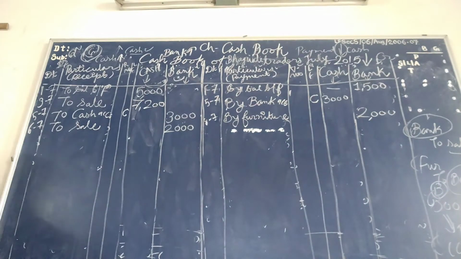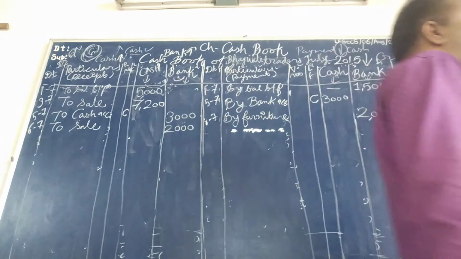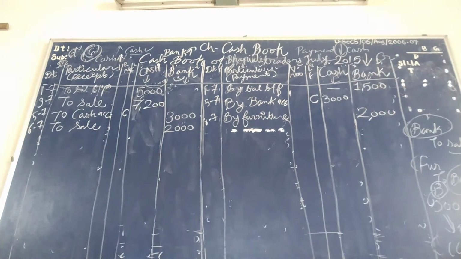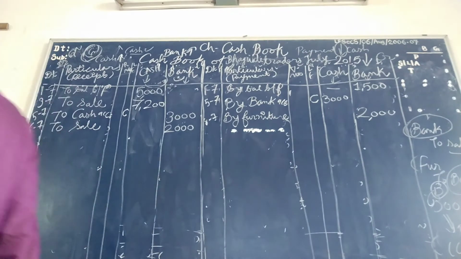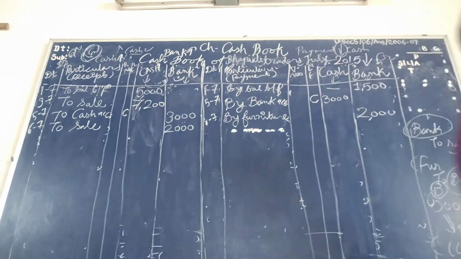But it will not be recorded in the cash book, because we endorsed this check. We have received 3,000 from Bhargavi, but we pass on this 3,000 rupees to Parth. So nothing is received by us. We just endorse. It's just like somebody gives us rupees 3,000 and we give 3,000 rupees to another party. So nothing is left with us. So it is a zero transaction. It will not be recorded in the cash book.